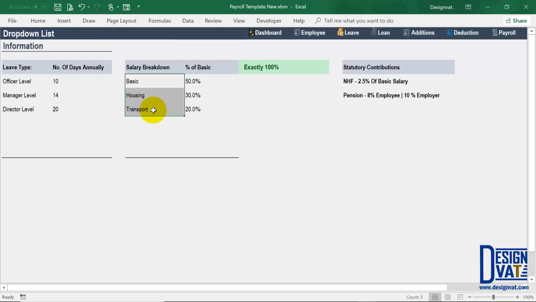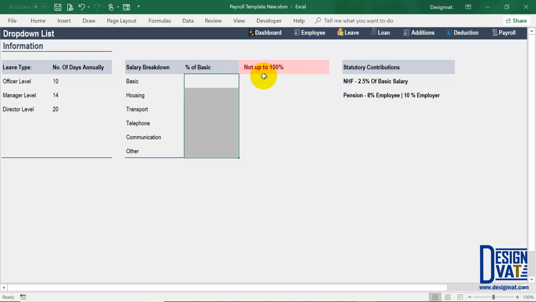So if after BHT, maybe the next thing you offer is telephone, you can go ahead and put that in. Pretty much you can define it to better suit your business. Now, next is the percentage of the salary. Okay, so they should total up 100. And here we have a message that would automatically tell you when you exceed 100% or when you're below 100%. So if I delete all the percentages from the default values, you notice it tells us in red, not up to 100%. So the sum total of the 6 categories should be 100%, not more, not less,